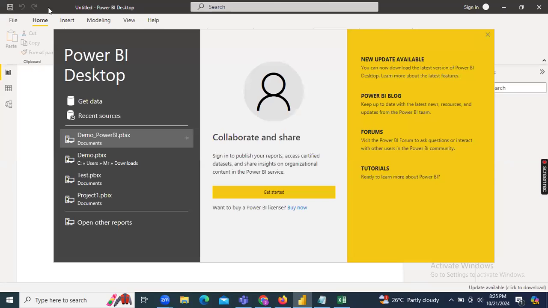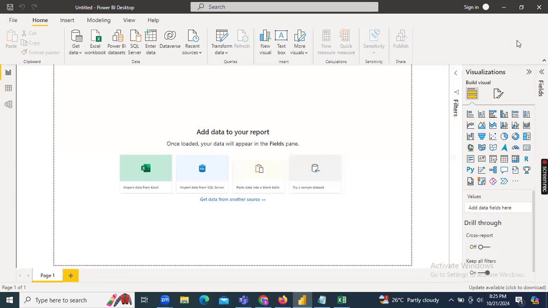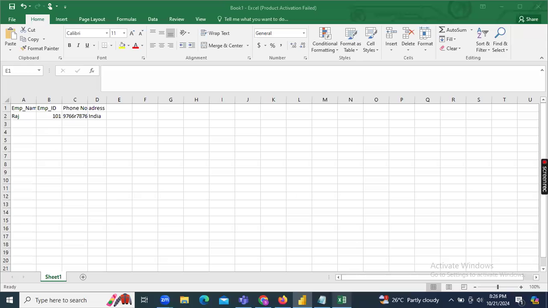See, the first time you open Power BI Desktop, it will look like this and one pop-up window will open. You can just cross-mark it, guys. Once you open Power BI Desktop, it looks like this. This white panel, white canvas space, if you observe, is completely for development purposes. And you can compare Power BI Desktop with Excel also. In Excel, we have different sheets, right?